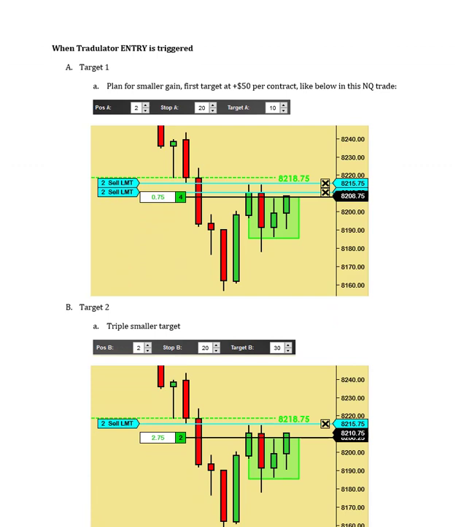So now we'll talk about when a Tradulator entry is triggered. I get questions regarding target 1 and target 2, and this is a general guide. Obviously this can change depending on circumstances, depending on your own personal goals, but if you're looking for a default approach to start off with, then a target 1 plan, once you're filled,